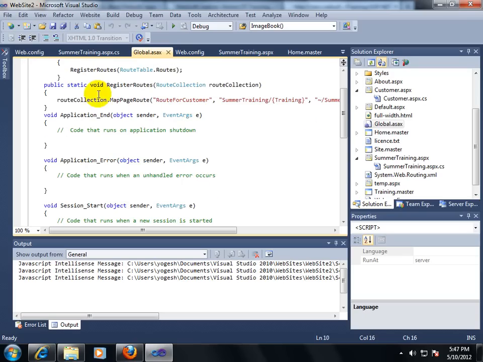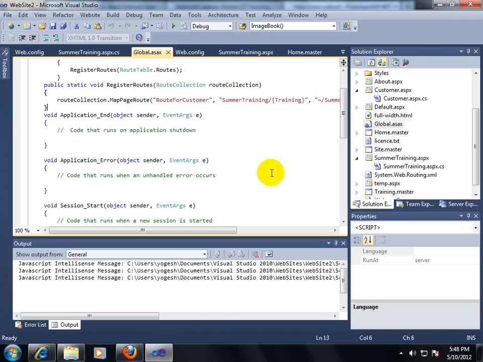So I'm making it here in a static method. As we know, what is the need of a static method? If you're writing any static method in your class, there is no need to make an object to call that function. You can directly call a static method by the class name. That's why I am writing public static void here. It will not return any data, and my function name is RegisterRoutes. This is a user defined function name, and I am taking a RouteCollection object here. The RouteCollection object is used to implement URL rewriting.